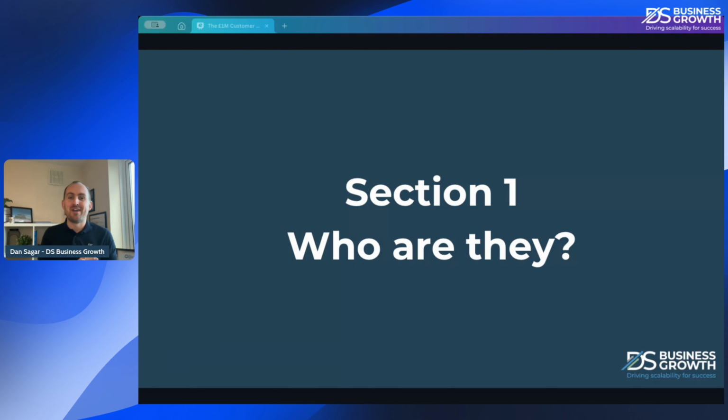Section 1 is our customer avatar. Who are they? So who is our dream customer? And this isn't looking at the business at this moment in time. Now we are looking at the actual individual person who could be our dream customer. Who is that person, that individual, perhaps the director, the founder of that business, of that company that you are looking to target, or who is that specific person?